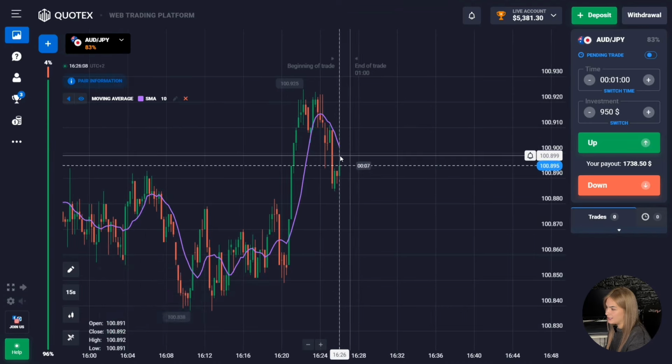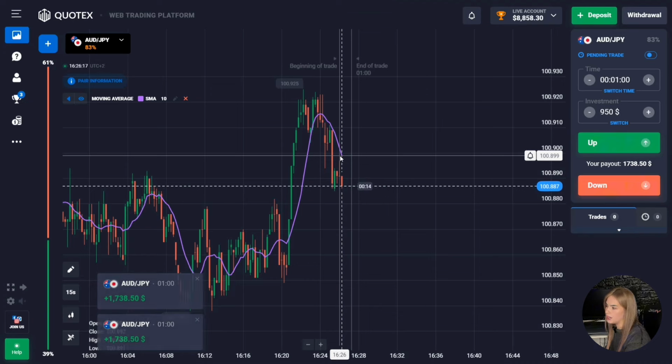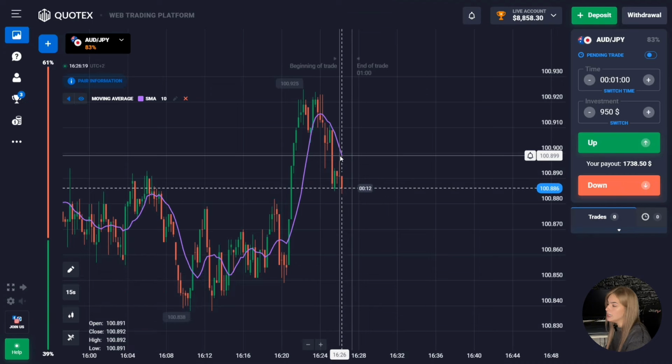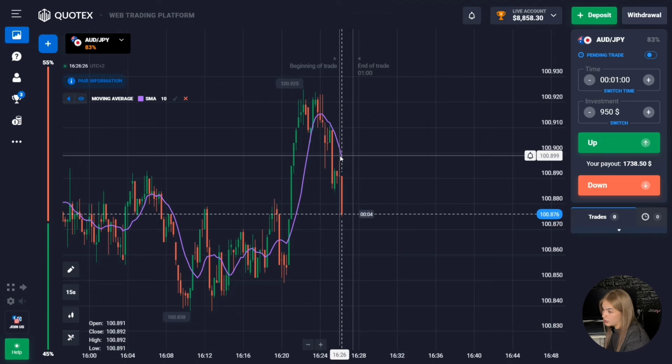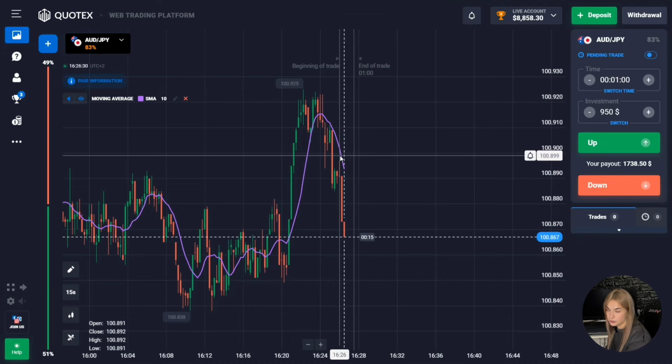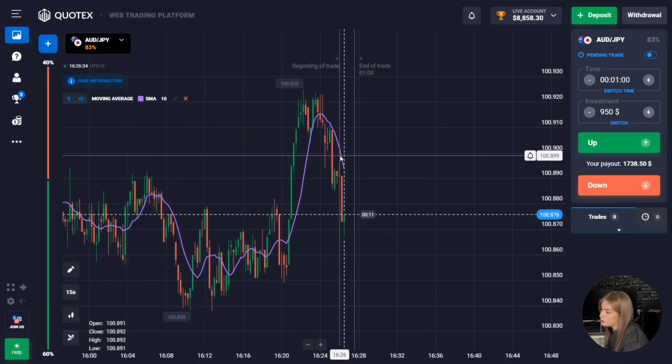Well, my dear traders, it's not bad at all. As you can see, the price has continued to move down and we got the profit here. I have correctly managed to predict the further price movement and the indicator helped us in this. As you can see, these situations really work themselves out perfectly, and with the right approach and certain knowledge, this strategy really works well. So guys, meanwhile, I already have more than $8,000 and I think this is the end